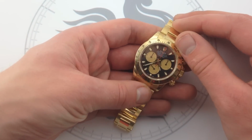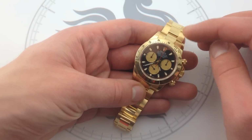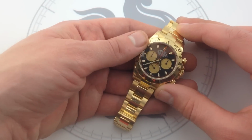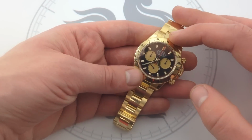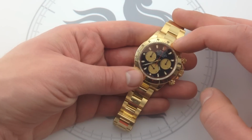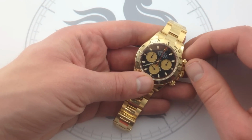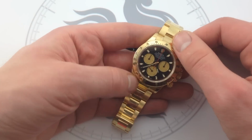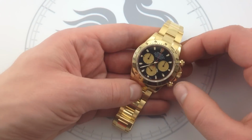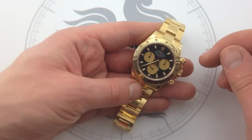But there is one final refinement over the old Zenith that really defines this watch more than any of the others, and that's the switch to a vertical clutch coupling. Now, when you start a Zenith El Primero powered Daytona, you will see the seconds hand, the chronograph seconds hand, jump about 1 second. Now, what good is a high beat movement if you're going to have inherent inaccuracy when it starts and stops and resets? The vertical clutch allows you to get a precise start, stop, and reset every time,